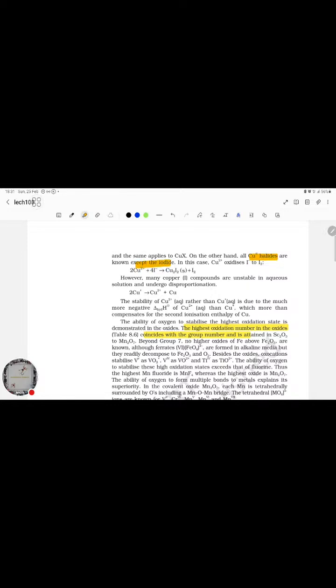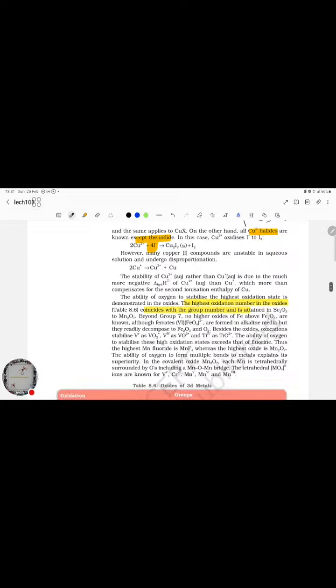In the case of copper 2 plus, I minus is oxidized to I2. So if I have copper 2 plus reacting with iodide, it should form CuI2, but it is actually converting the I minus to I2, which is more stable, having a zero oxidation state. However, many copper 1 compounds are unstable in aqueous solution and undergo disproportionation. So plus 1 oxidation state copper compounds will undergo disproportionation, with reduction and oxidation occurring